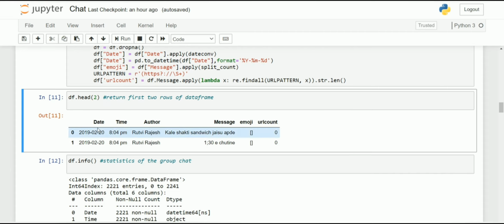df.head(2) will return the first two rows from our data frame.